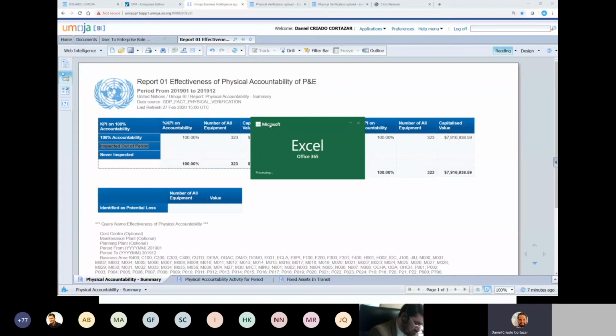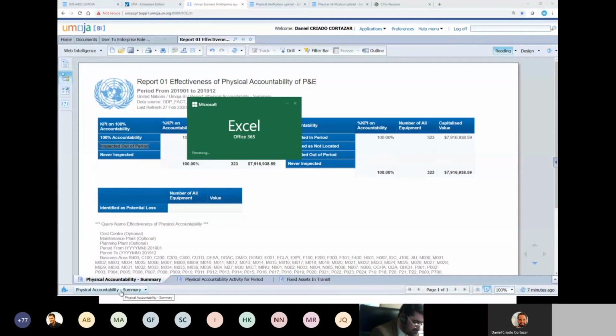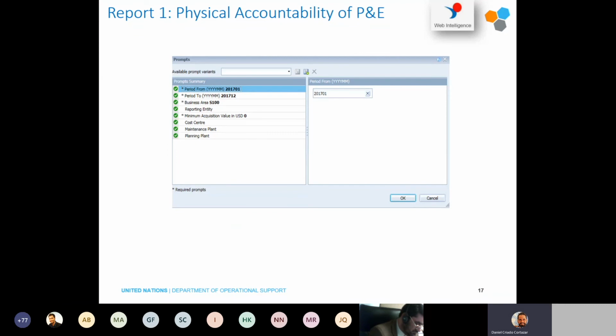So it takes just a minute. Okay, let me see whether I have another pop out in another. Okay, so